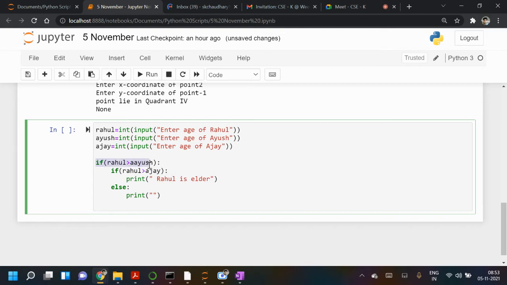If Rahul has more age than Ayush, and inside that I have taken one more if: if Rahul has more age than Ajay, then Rahul is elder, obviously, because Rahul is more aged than both. Now in the else part, what should I write here?